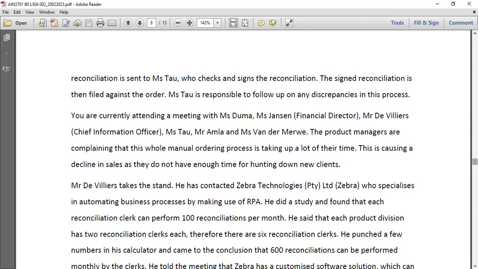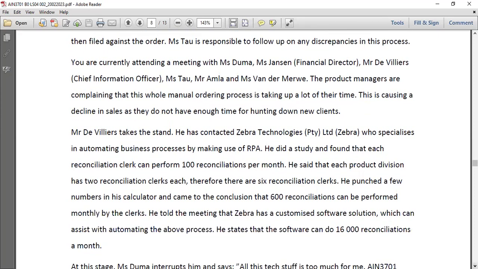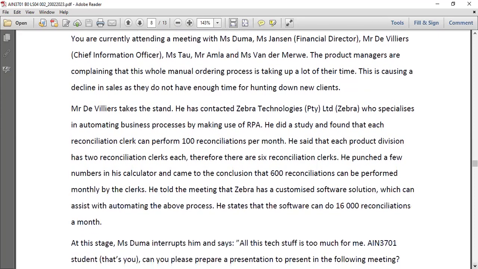Mr. De Villiers takes the stand. He has contacted Zebra Technologies, who specializes in automating business processes by making use of RPA. He did a study and found that each reconciliation clerk can perform 100 reconciliations per month. He said that each product division has 2 reconciliation clerks each. Therefore, there are 6 reconciliation clerks. He punched a few numbers in his calculator and came to the conclusion that 600 reconciliations can be performed monthly